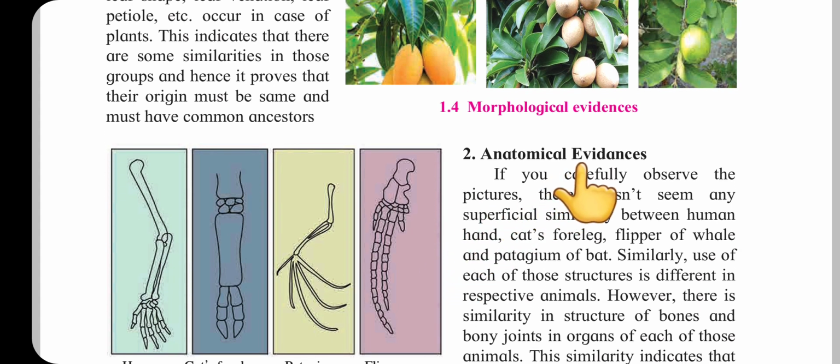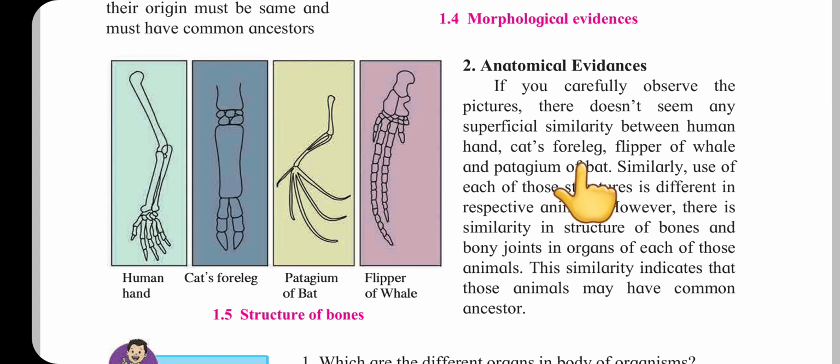Next we will learn the anatomical evidence. In the anatomical evidence, we'll observe this diagram. Human hand, cat's foreleg, patagium of bat and the flipper of whale. These are different animals, and the diagram shows a human hand, cat's foreleg, patagium of bat, flipper of